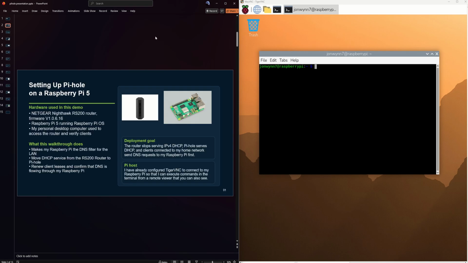The router I'm using is a Netgear Nighthawk RS200. It's running firmware version 1.0.6.16, and the server is a Raspberry Pi 5 that already has Raspberry Pi OS installed and connected to Wi-Fi. The goal of this guide is that my Raspberry Pi keeps a fixed address of